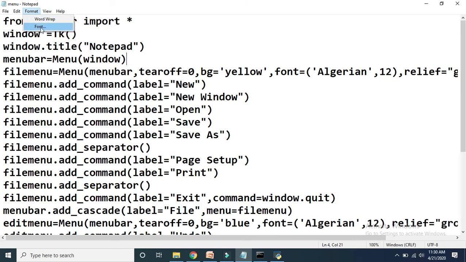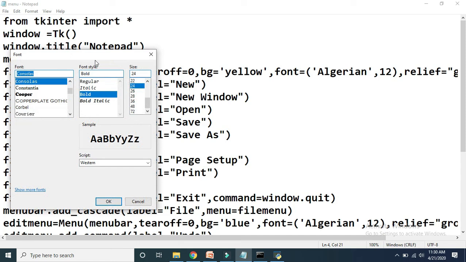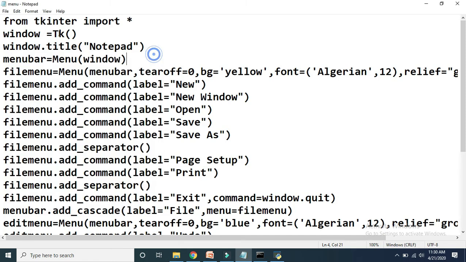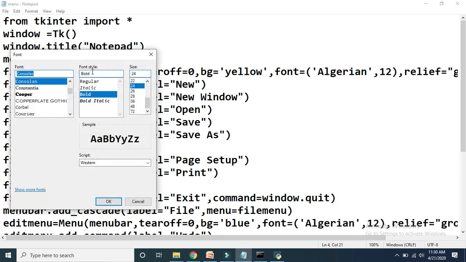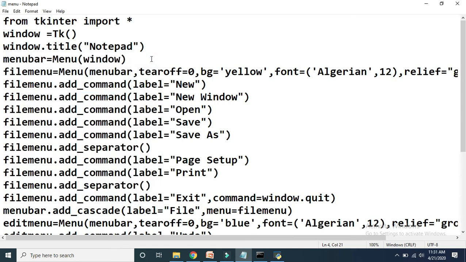When you click on this particular font button, if you want to display this type of window, then you have to add functionality for that. But as far as this video is concerned, we are not interested in adding functionality. Here our concern is only writing code to get the complete UI of notepad. So try to complete this particular code.